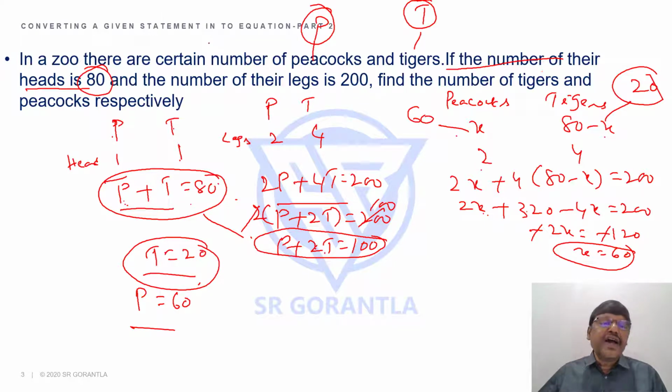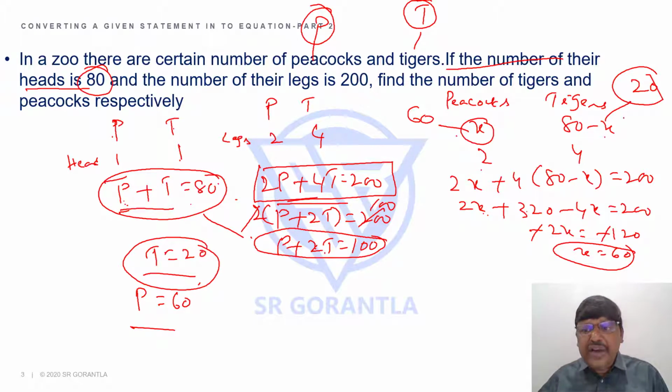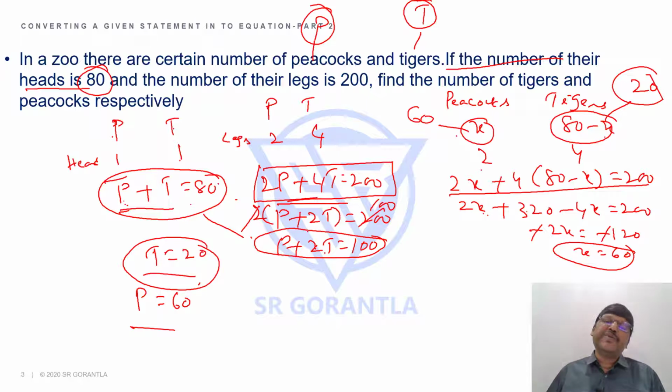So, here I have two unknowns and two equations. I have tried to have two equations here. Here I'm trying to keep it to one variable and then keeping it to one equation and solving the problem. Anyone is okay. And now let me tell you, students, how I can say it orally.